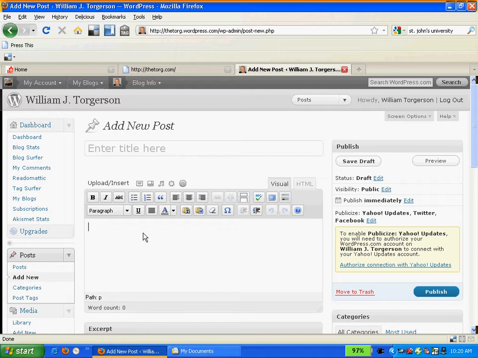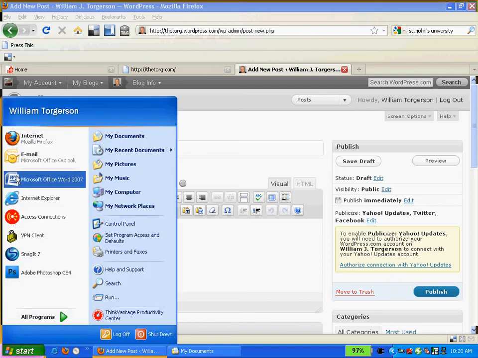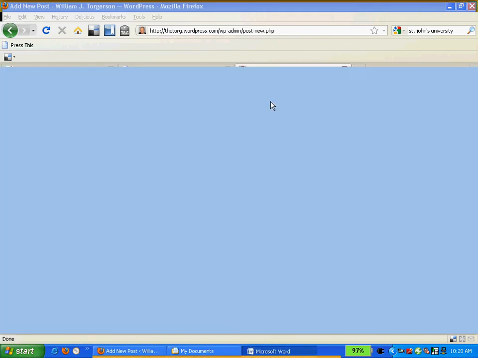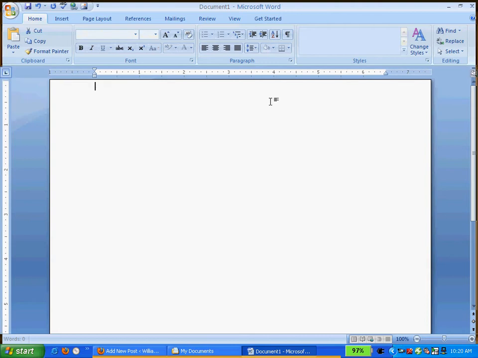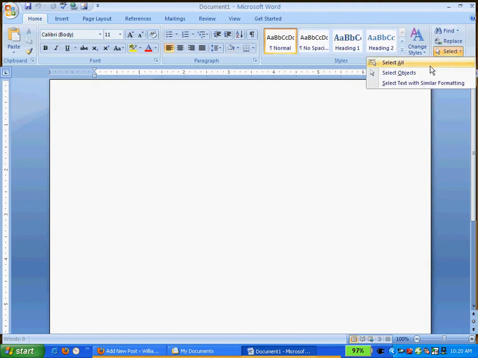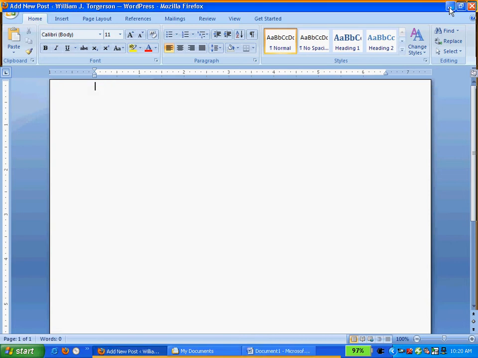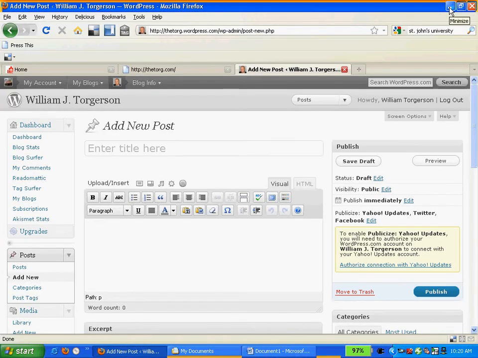But if you go into Word and you use the select all feature instead of just copying and pasting, I think you'll find that goes more smoothly, and then you'll have two copies. You know, it's nice to have backups, of course, of your writing, or perhaps compose in WordPress and copy into